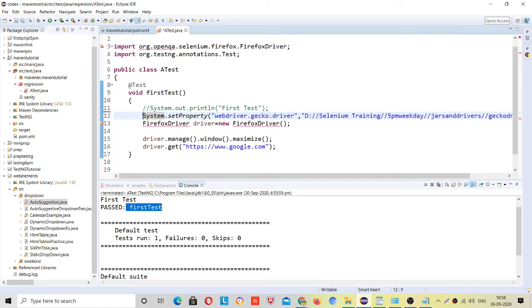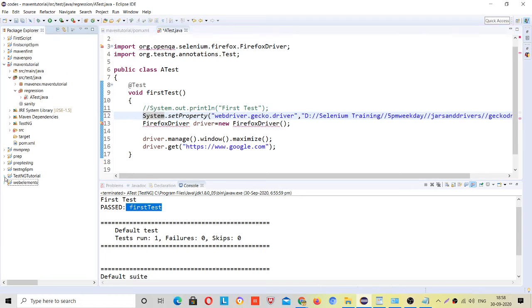See why this error is coming: just because I told you that if you are creating any new project, then you have to add Selenium jars. We have not added them, and we will not add them. Maven will add those jars.